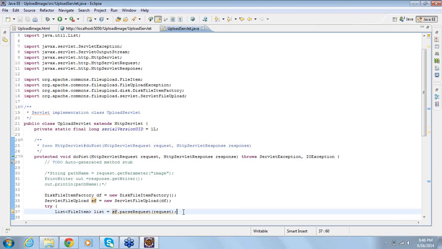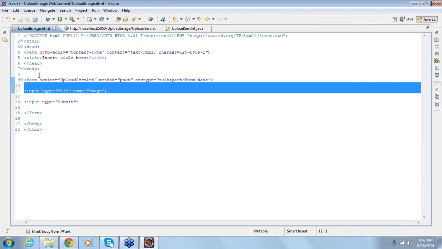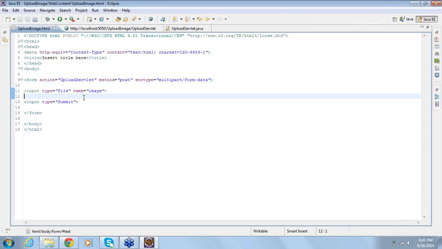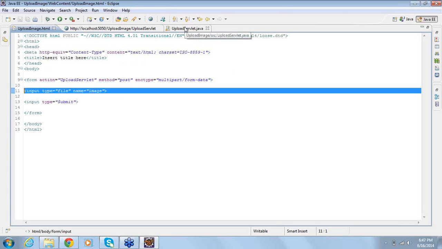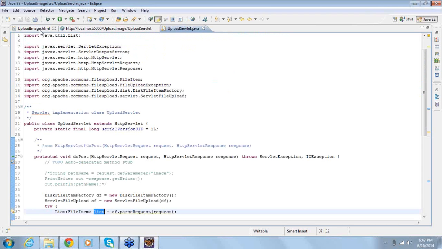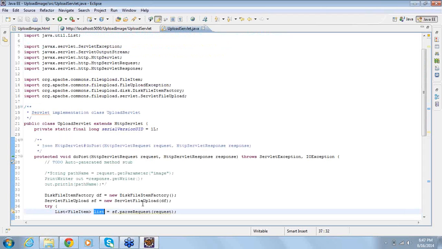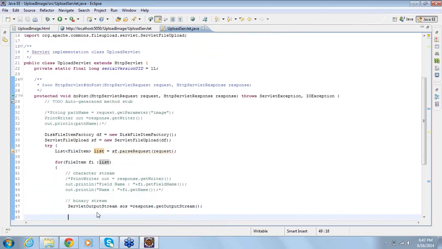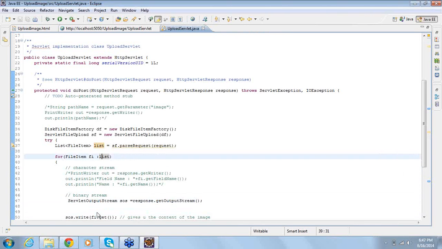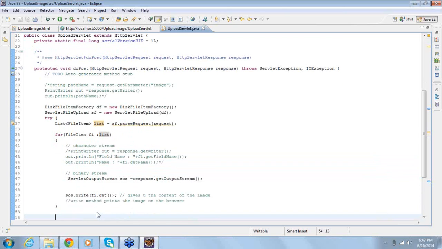With the help of ServletFileUpload you are parsing the request object, and when you parse the request object, it returns a list of all the form elements. How many elements are there inside a form? There are two elements. One is your submit button, and the other one is an input field. So it returns a list for you. Now I will be iterating over that list. And what I'm doing here is